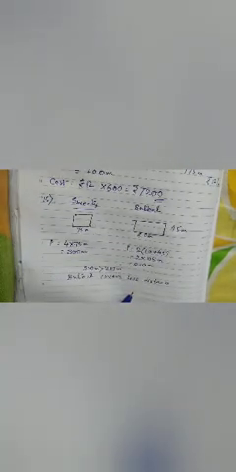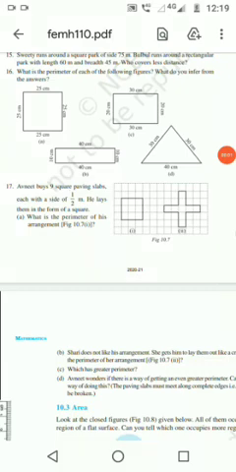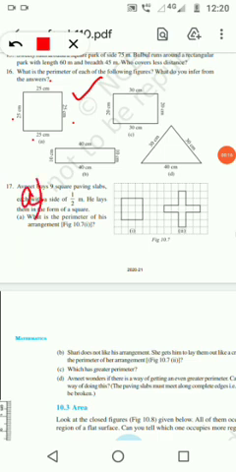Okay. Next, I am coming to question number 16. Now coming to question number 16. So what is the perimeter of each of the following figures? What to infer from the answer? So see, all the four sides are 25 centimeter. So what do we infer from the figure? A, it is a square.